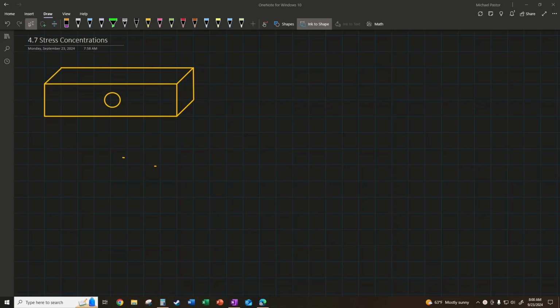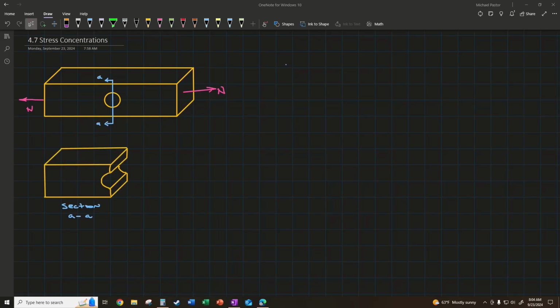Okay, let's talk stress concentrations. So suppose I have a bar here that is loaded axially, and there's a hole in the center of this bar. Well, if I were to take a slice through here, making a cut as so, and if we look at this section, the cross section of this block after we cut